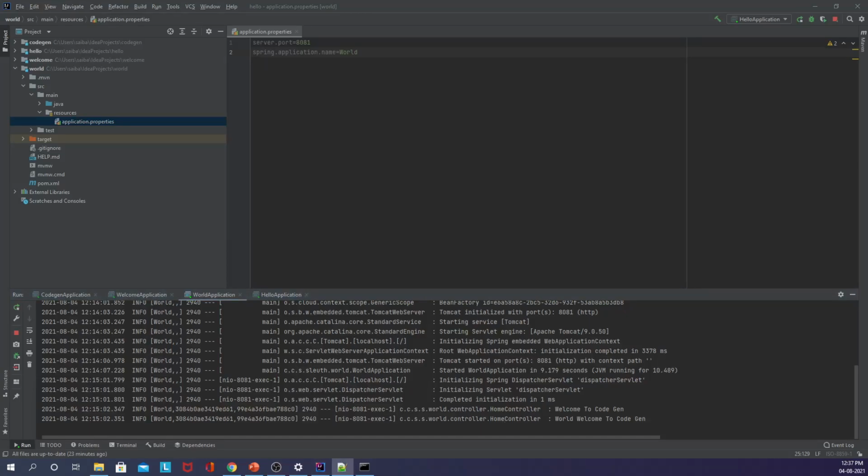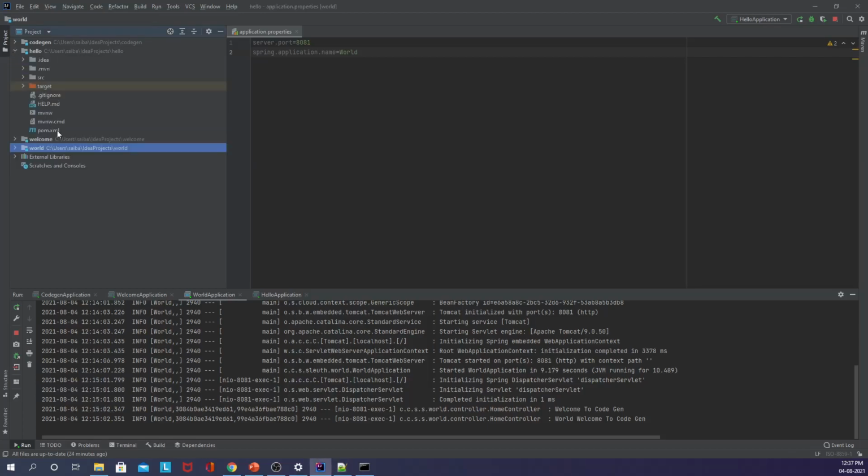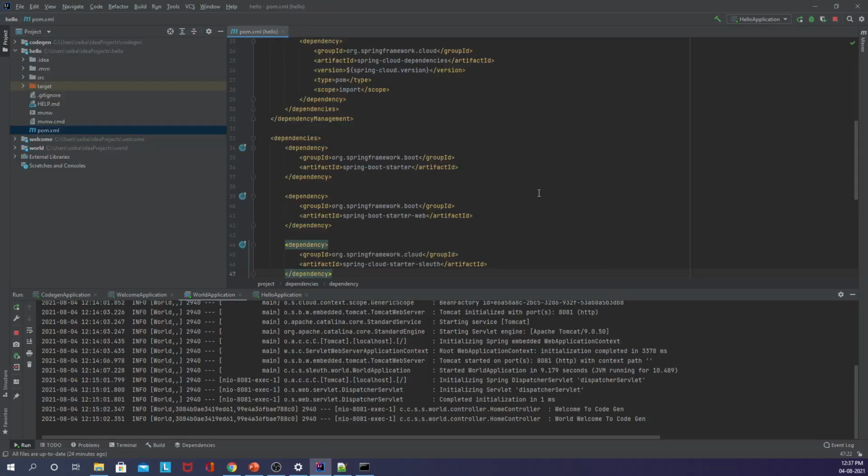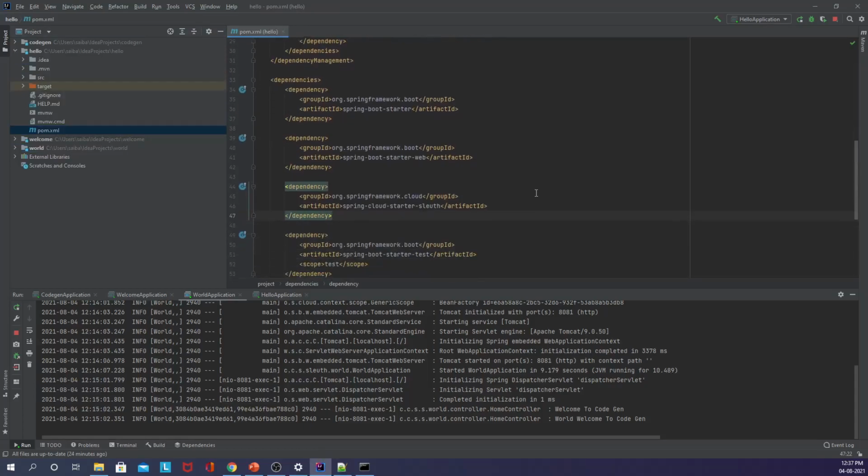Once we add the Spring Cloud Sleuth Zipkin dependency, our microservice application will send the trace data to the centralized Zipkin server that we have started at the default port, which is 9411.